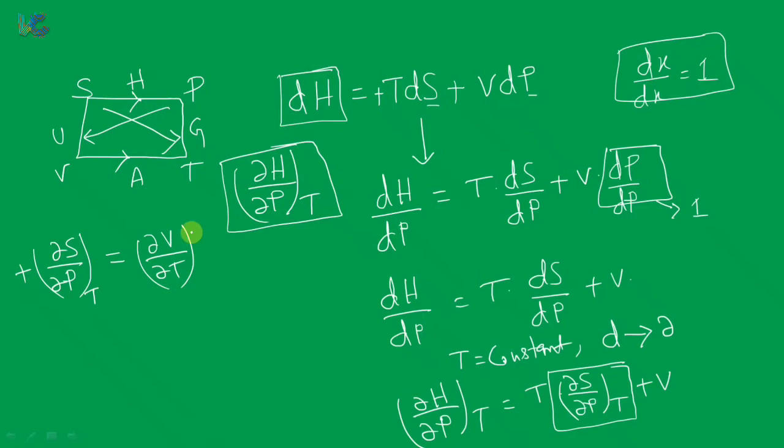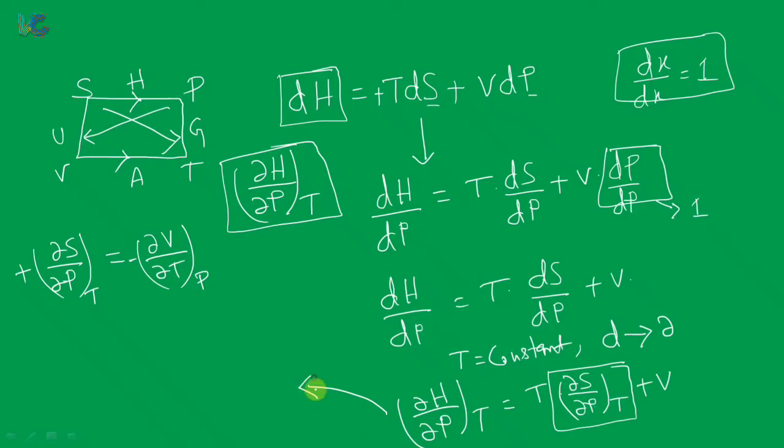Okay. And in this case, the numerator is V. That means with respect to V, the sign will be determined. Now with respect to V, the arrow is coming towards V, that means there will be a negative sign. And the arrow is coming from P, so the constant will be P. So what you are getting: del S del P at constant T is equal to minus of del V del T at constant P. So instead of del S del P at constant T, you can write minus del V del T at constant P.